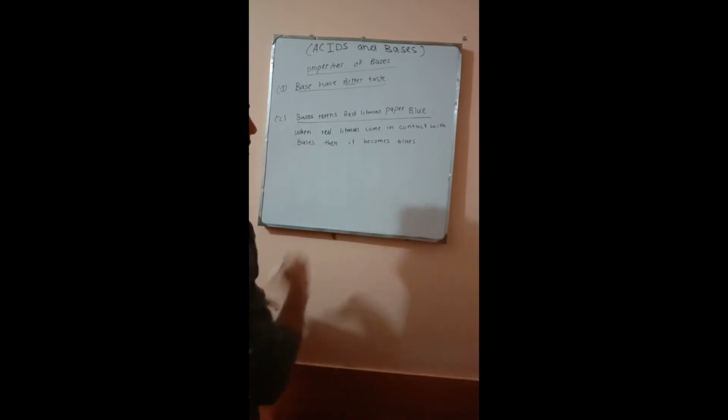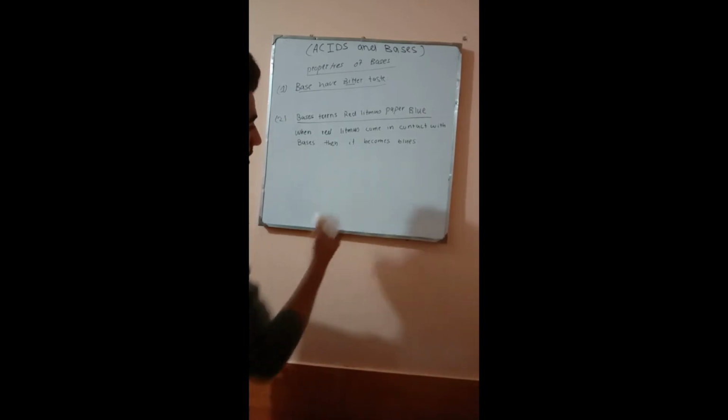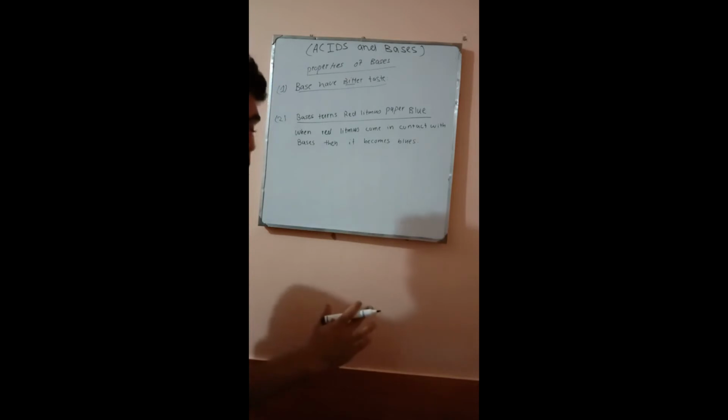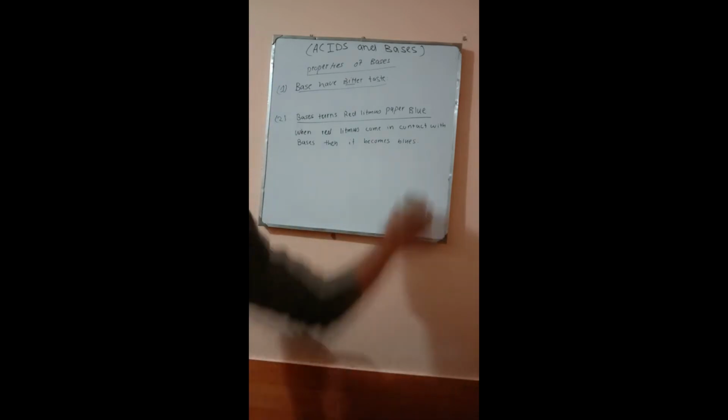So this is the opposite of acids. Okay, so bases are totally opposite of acids. In acids they turn the blue litmus paper color into red, and in bases they turn the red litmus paper color into blue. Okay, so it's totally opposite. And the third one is